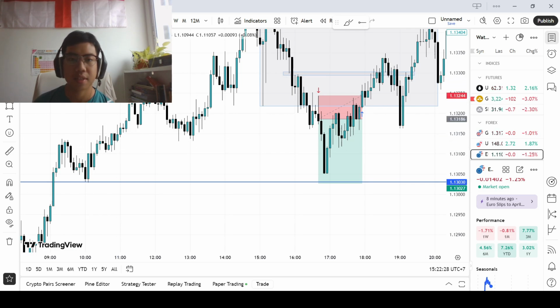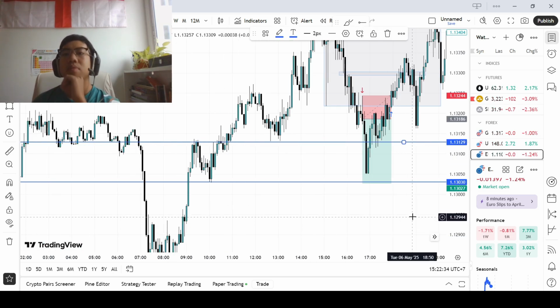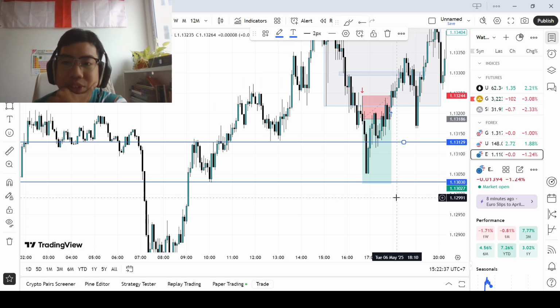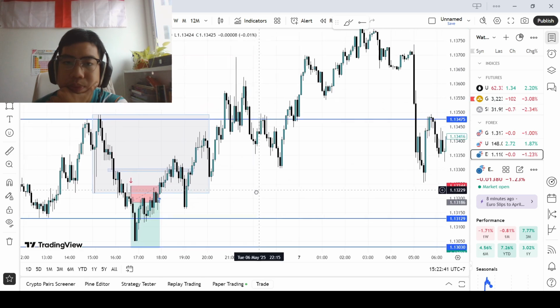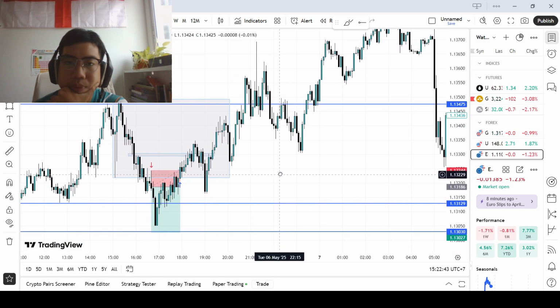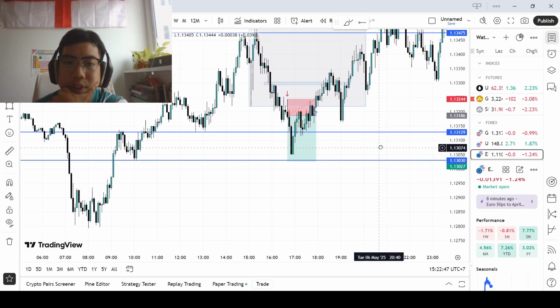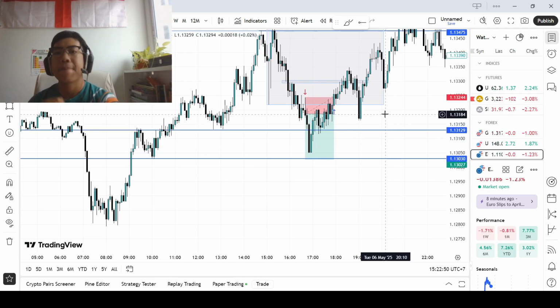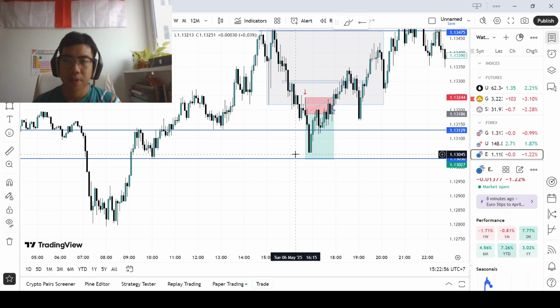These 2 points, this point here, which I should have... I still don't fully understand why this trade didn't work, but